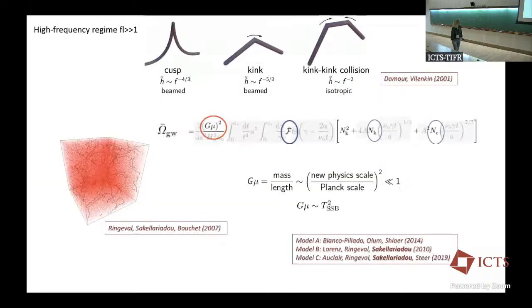So then we know from this paper of Damour and Vilenkin the waveform of gravitational waves emitted from a cusp, from a kink, or from kink-kink collisions. And immediately from here, you can see that if the number of kinks is not large, then cusps win over kinks. If the kinks are many, then kink-kink collision wins. That's exactly what I told you before. Kink-kink collision is isotropic. For cusps and for kinks, it is beamed along this angle that we defined before.